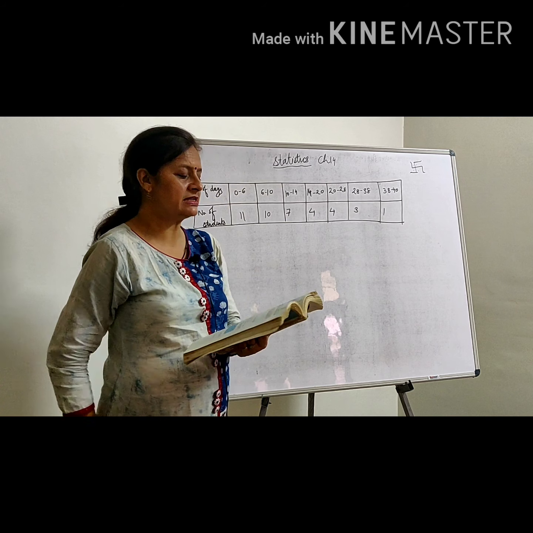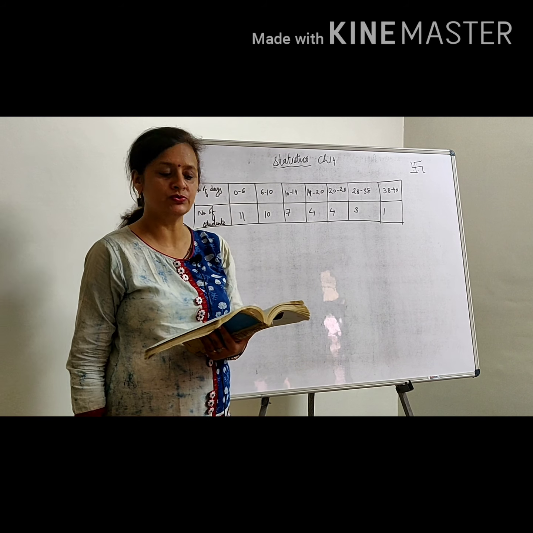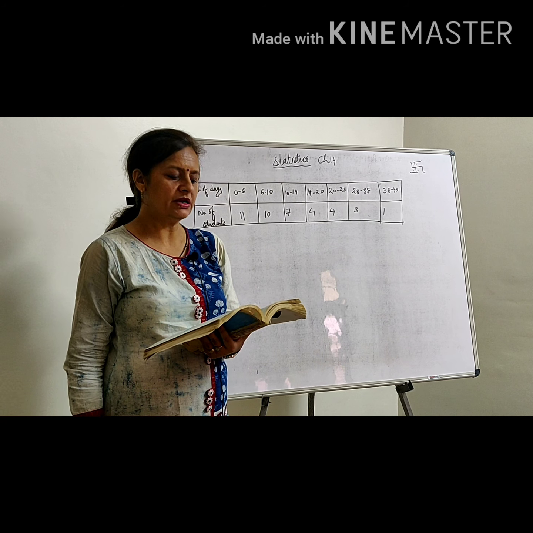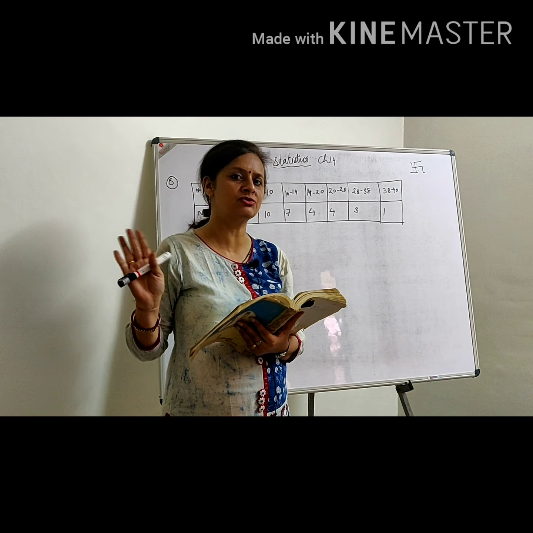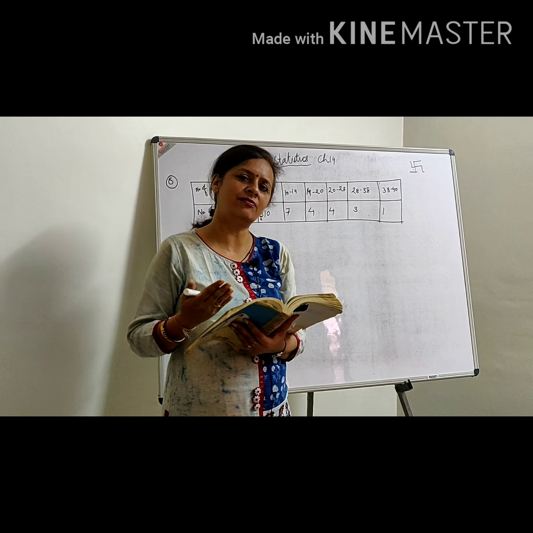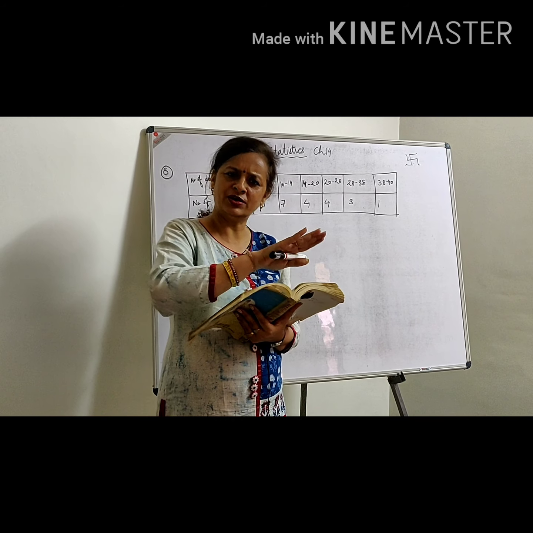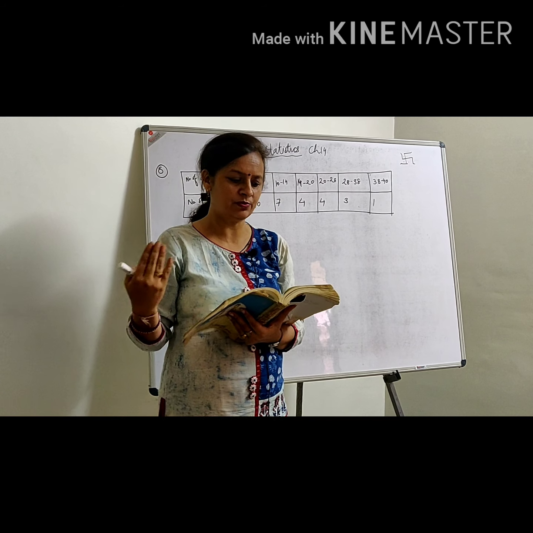The question says, a class teacher has the following absentee record of the 40 students of a class for the whole term. Find the mean number of days a student was absent. See, the name of the method is not asked. They are not asking whether you have to use the direct method or the assumed mean method. So I told you that half the exercise you do by the direct method and half by the assumed mean method.